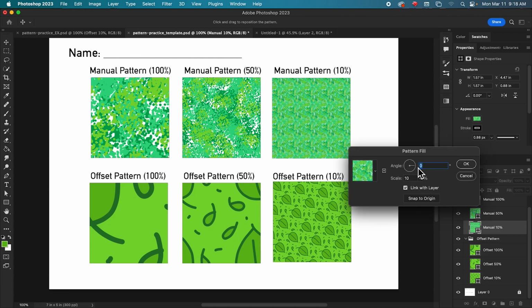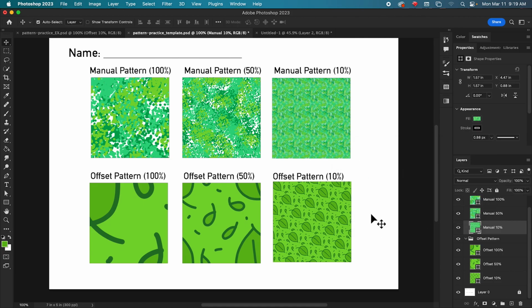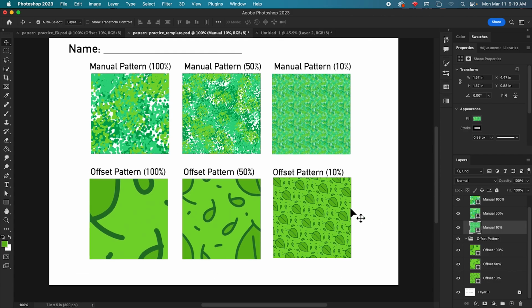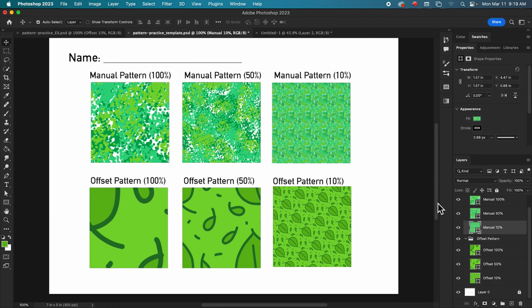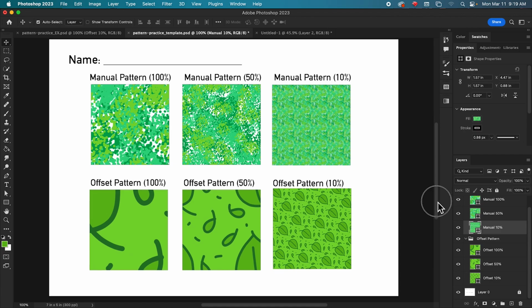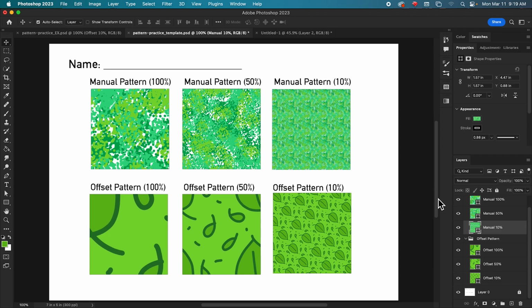The 10% scale is where you're really going to notice that it's tiling. It doesn't even really matter too much what the angle of this one is. It's very clearly tiling. And that's just how scaling works. Once you start repeating something over and over again a lot, you are going to notice that it is repeating. If you've ever played an older video game or a video game with the graphics turned down really low, you've probably noticed this before.